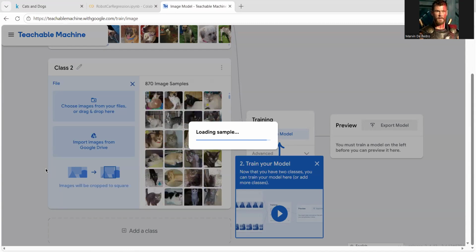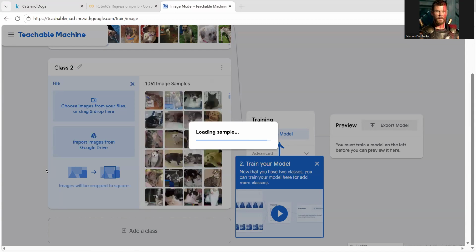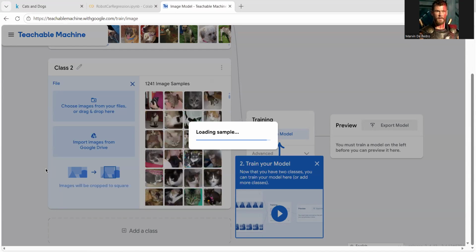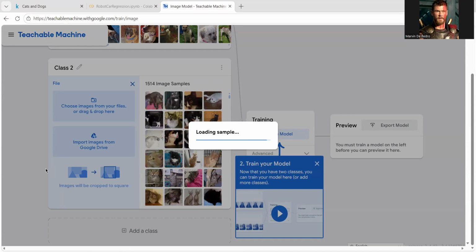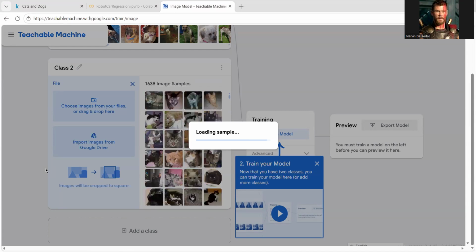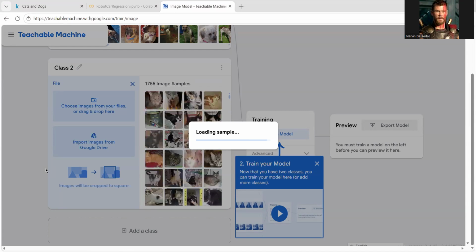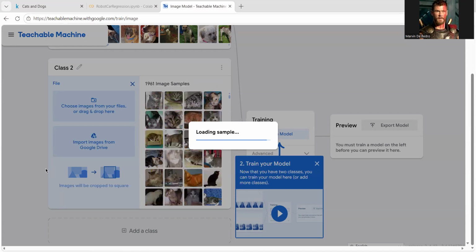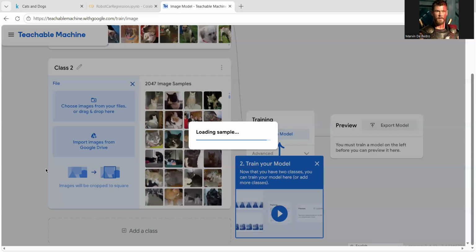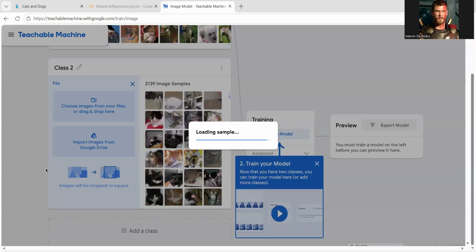Hopefully you can see this. Right. So this time we have different pictures of cats, and they will be used by our algorithm to derive patterns that will make them recognize cats, and then eventually differentiate dogs from cats.